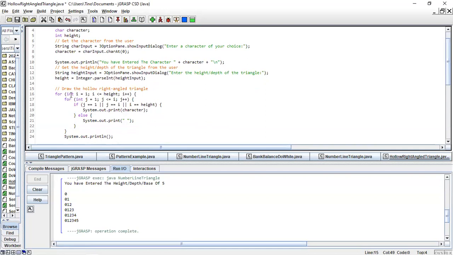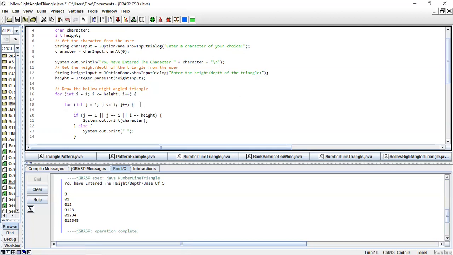For int i, we declare what? Your variable. Int i, we are starting from what? From 1. i less than or equal to height. Then we increment the i. Then for the inner. For what? For the columns. Int j, you can use any character, but the most common ones, these are the what? i, j, k, etc. For int j is equal to 1, j is less than or equal to i, you increment.